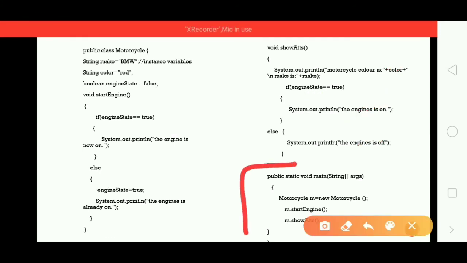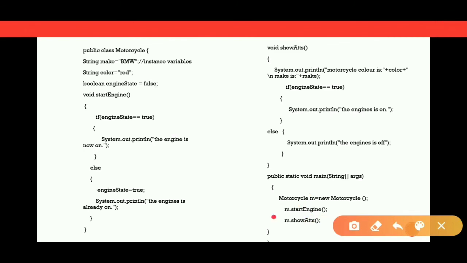Now here in the main method I am creating an object of the class motorcycle. Here this is my motorcycle class. M is an instance variable. New is a keyword which is used to create an object of the class.